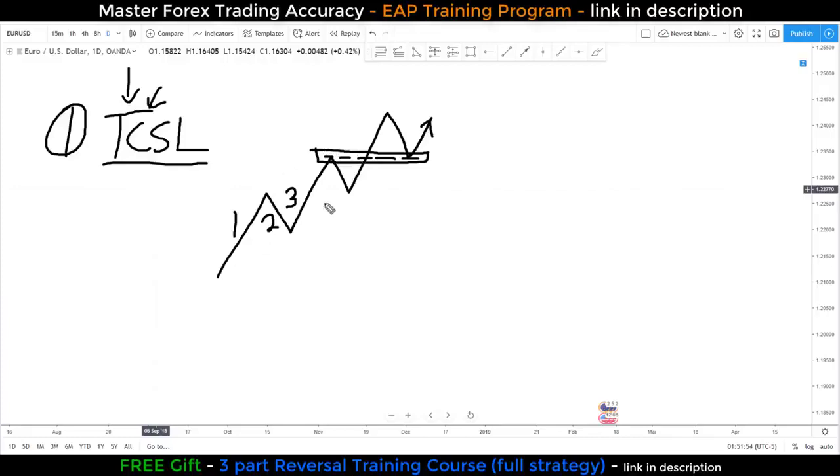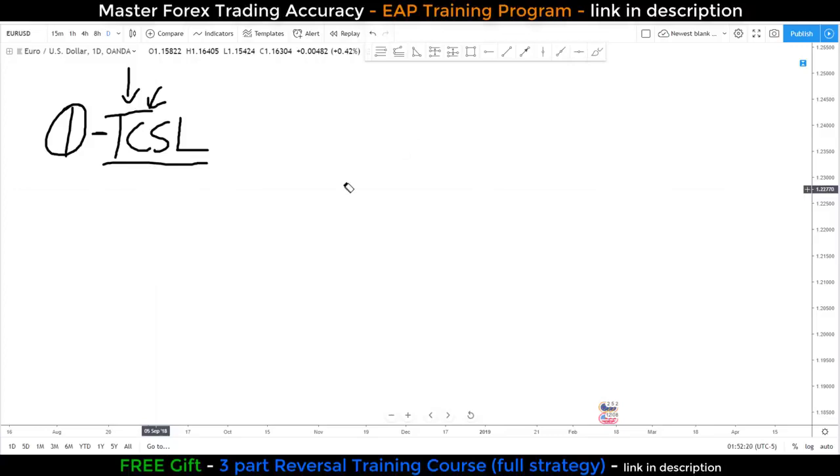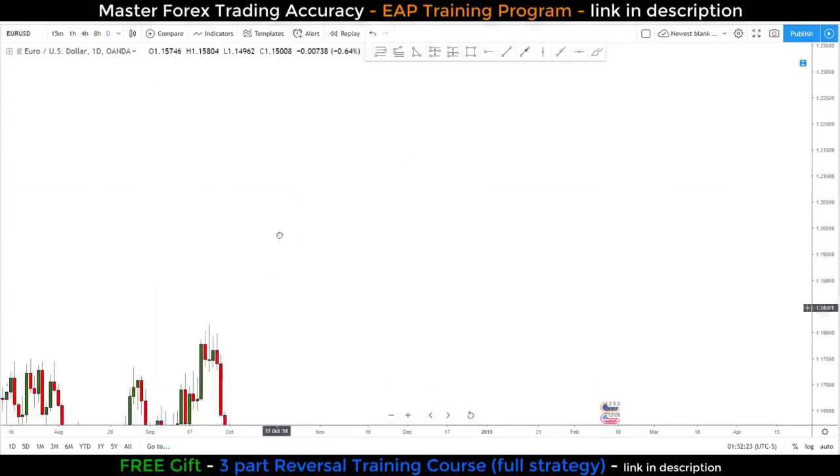So first off, we're looking for the 1, 2, 3 setup, for the trend continuation setup, then we would be looking for another break of resistance like we get right here, and then that zone becomes our optimal trading zone, our TCSL right there. So the first way that we're going to be looking to identify high probability levels of structure in the market is this scenario right here. Let's go ahead and actually go down to a blank chart and take a look if we can spot one